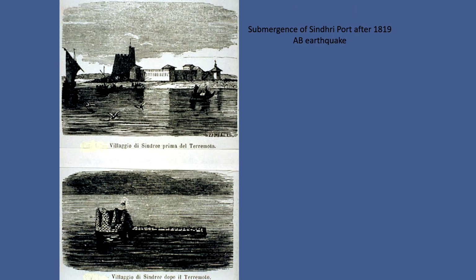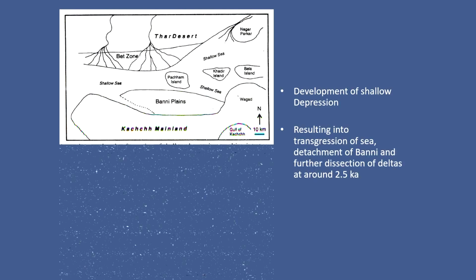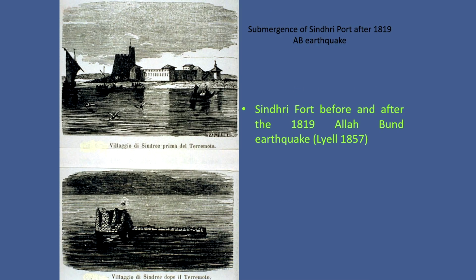that is the Great Rann of Kutch. Okay, so in the historical data, and we can say the recent data published by the Britishers and all that, they say that there was a fort which used to connect this area. If you go back here, there was a fort here. This is Sindri Fort. Now this Sindri Fort was operational during or before the 1819 earthquake. Okay, and that is the photograph, or the sketch, of that region. This is before